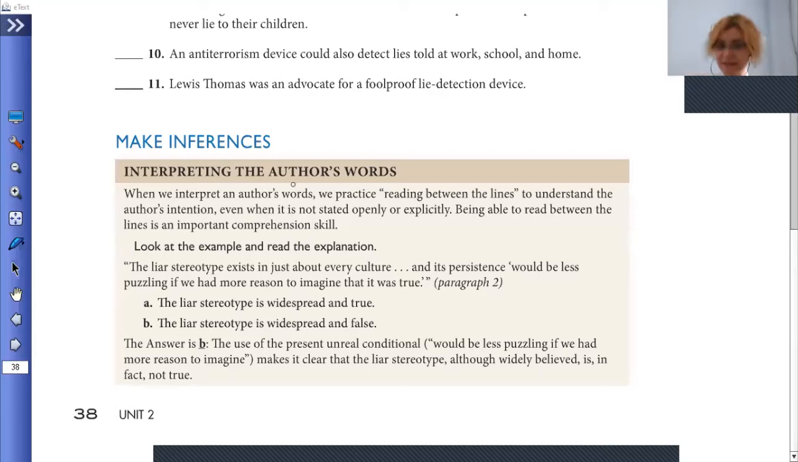Now, interpreting the author's words. What is the author really saying? So we are so used to reading the text at face value, as in just what it explicitly is telling you, but we gotta learn to look implicitly at the message that is being given. So that means reading between the lines to understand the intention, the motivation, the emotion, the